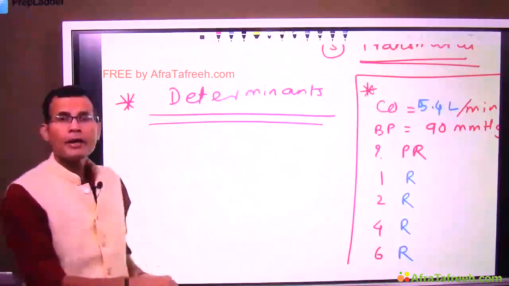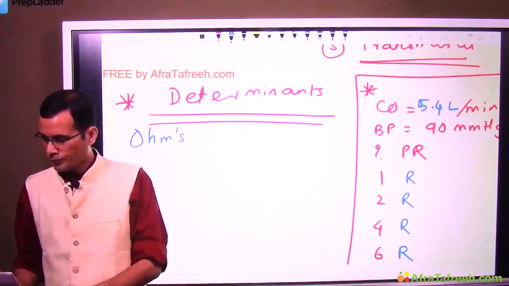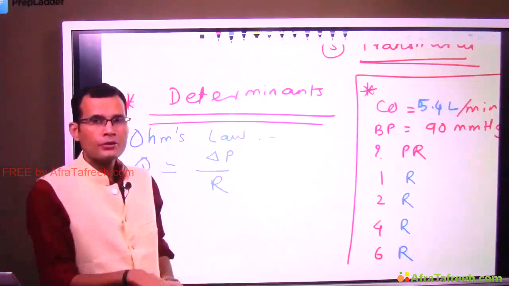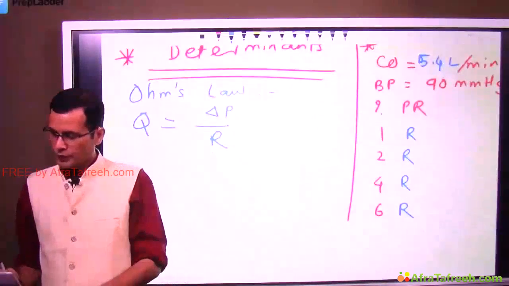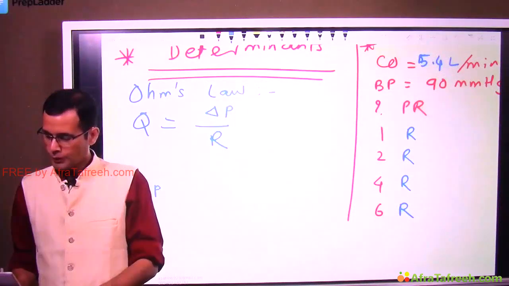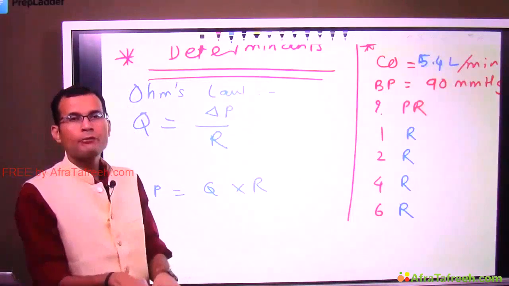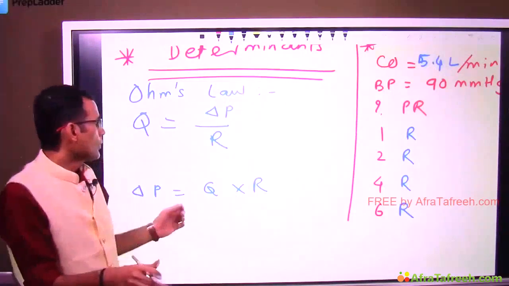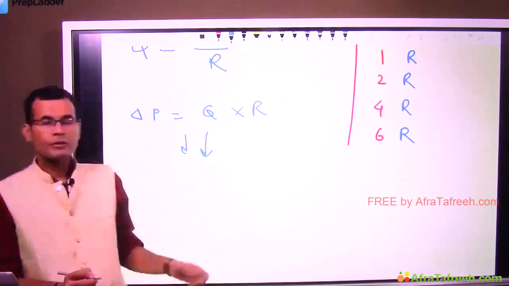Let's start now. By Ohm's law, Q is equal to delta P upon R, right? Q is equal to delta P upon R. So delta P will be Q into R. Q is flow, and blood flow to all the tissues, all the organs, will be equal to cardiac output. So extending this equation from the Ohm's law,